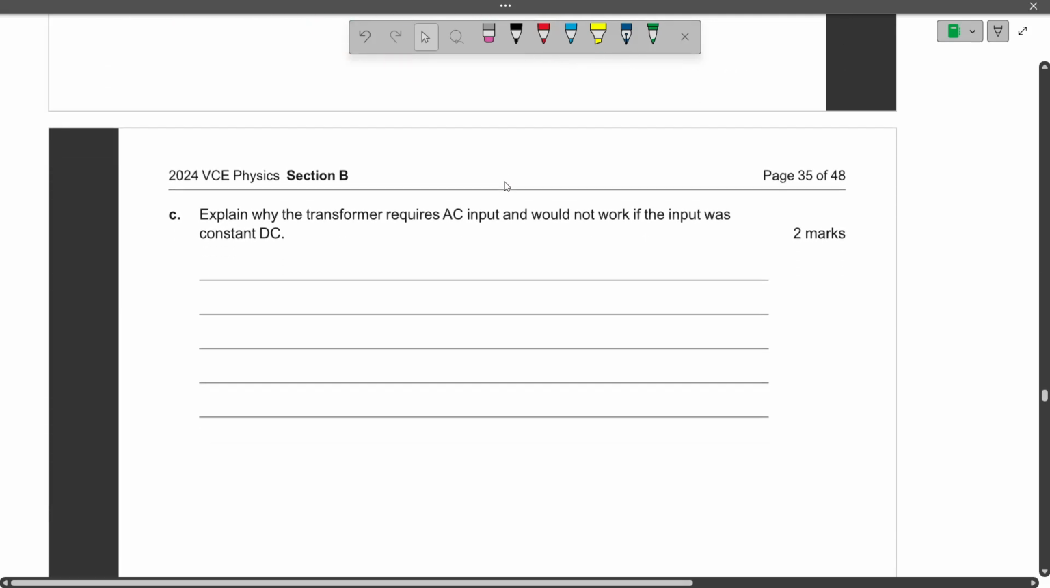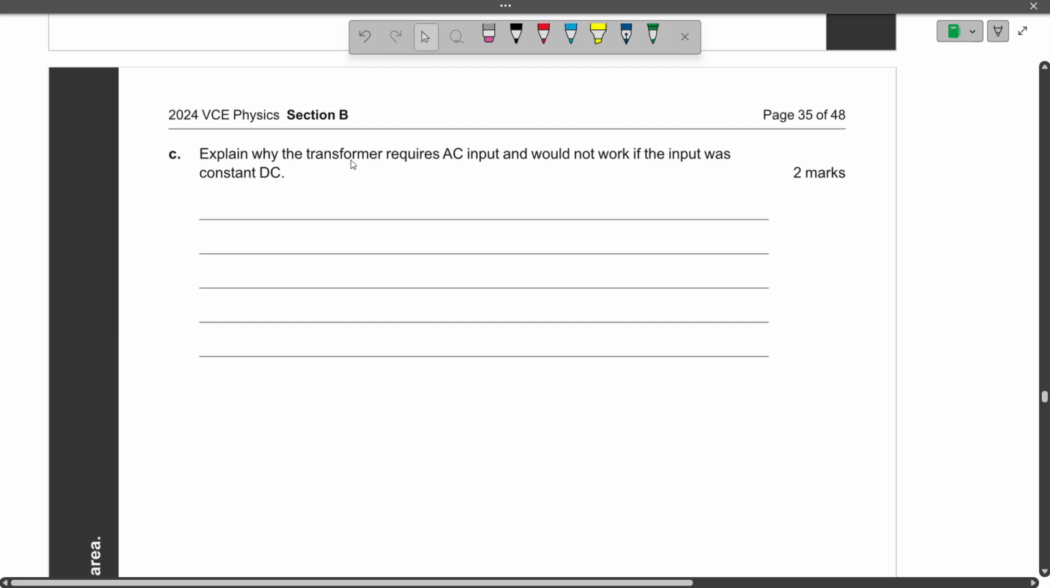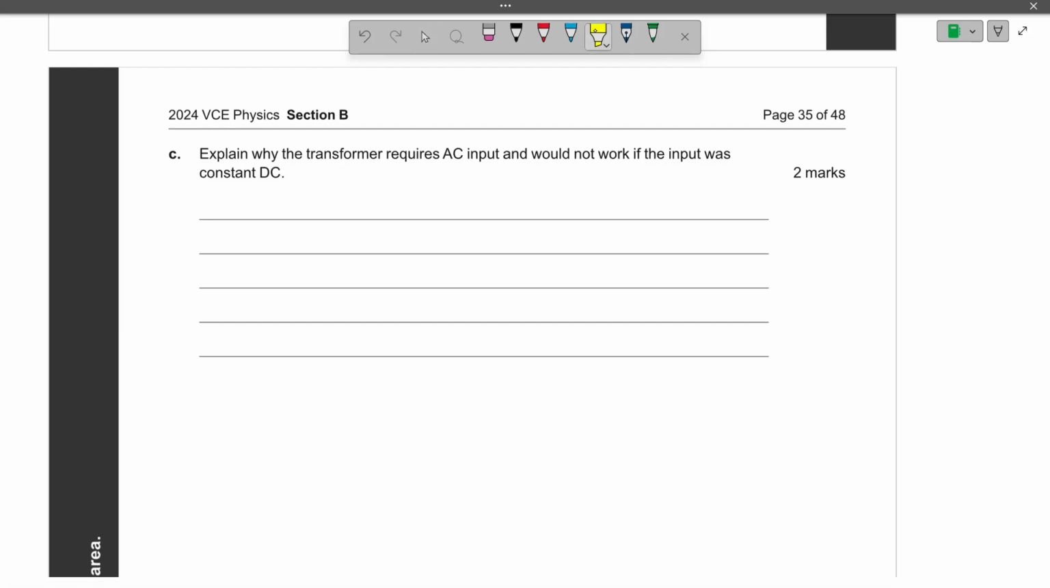All right. Part C. Explain why the transformer requires AC input and would not work if the input was constant DC. Okay, why does the transformer require AC input and it would not work if the input was DC? There's two things they're looking for in your explanation. Why does it require AC, and why wouldn't it work if the input was DC? So it requires AC